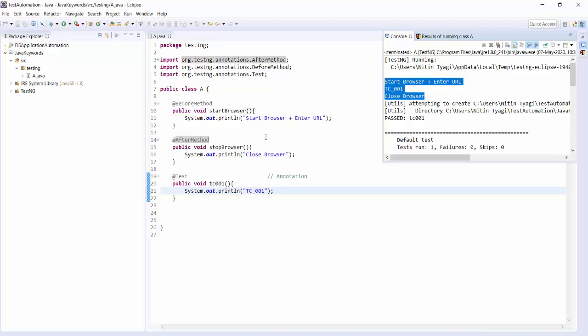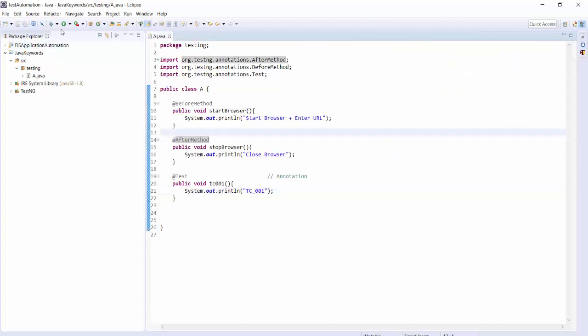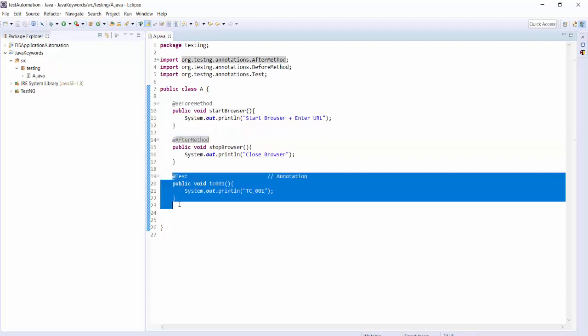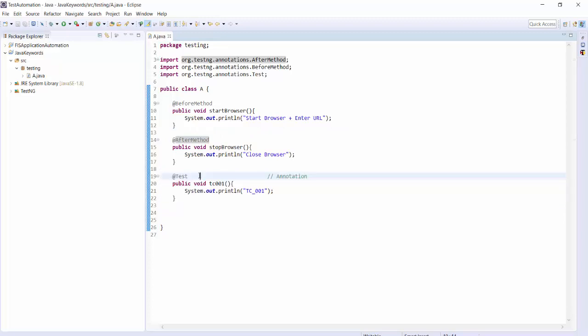Okay, when we are actually running this code, how is TestNG working? So whenever you run the code, TestNG always searches for the test annotation. So this annotation is mandatory. If you do not write this annotation, okay, I have the other two annotations, but I have removed the test annotation.